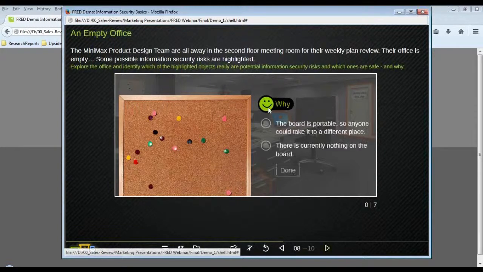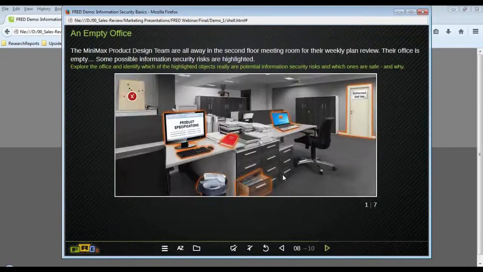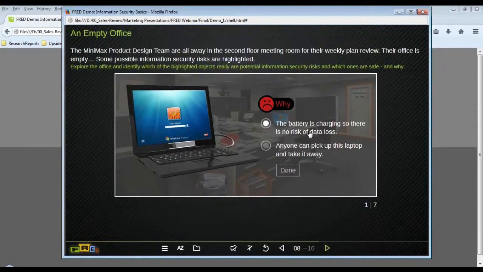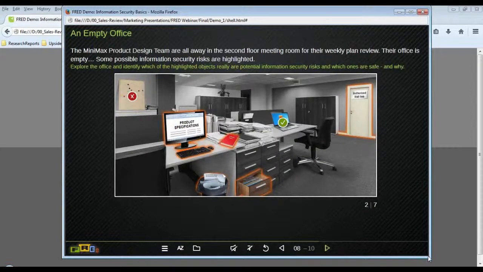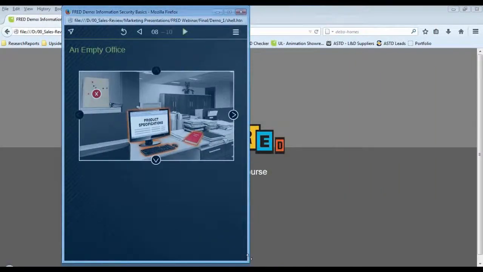So you need to click on one of these hotspots and answer some of the questions, whether you feel this is safe or not. If we look at a smaller screen very quickly, it presents itself a little differently.